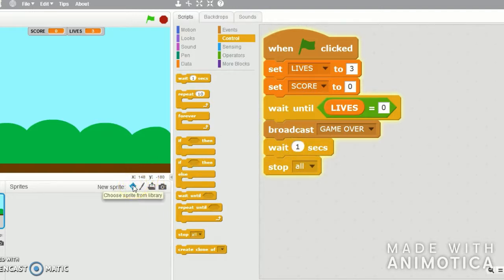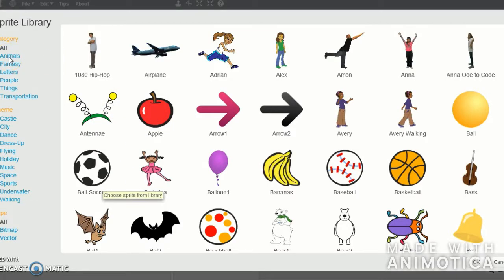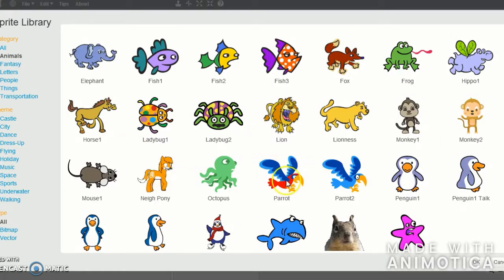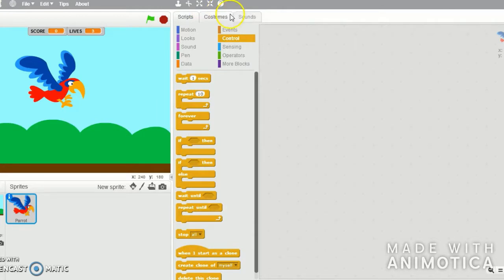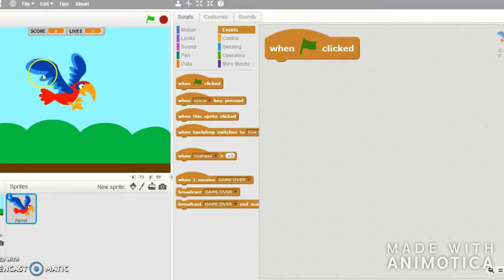So I'm going to go to our new sprite. I'm going to go to animals, and I'm just going to scroll down here, and I find Parrot. There we go, and there's the parrot that I want. Okay, and then let's go to events, and let's bring in our green flag. Okay, so when the green flag is clicked,